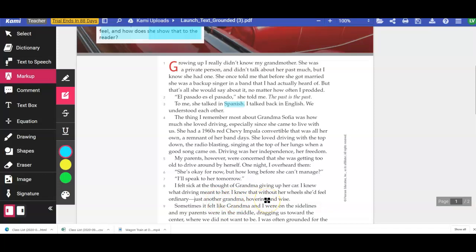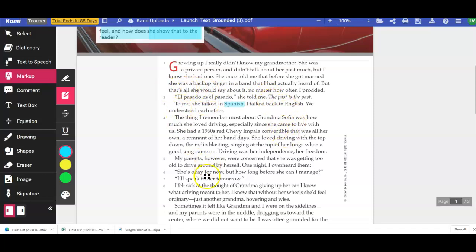Okay, so I'll stop here for a second because I already have come across a few details that tell me the author is very close to her grandmother. She finds her grandmother kind of mysterious, and wonders about her past. It's kind of hard for her to imagine her grandmother being young like she is. And I think we can all relate to that.